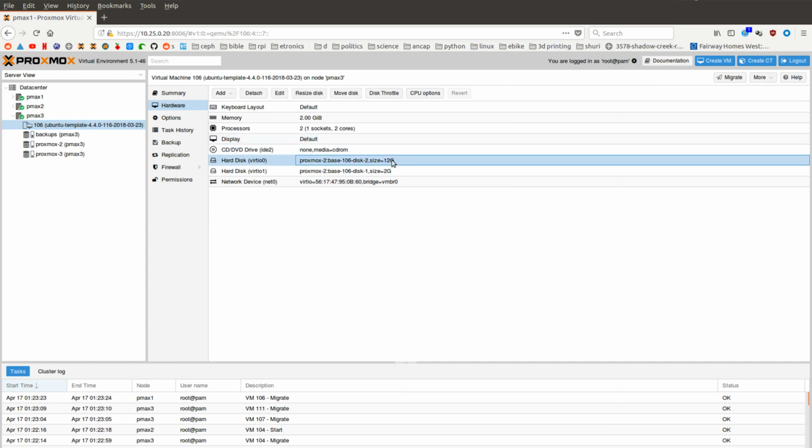So its default is 12. If I increase this disk to 250, there's a script that automatically runs one time when it boots up that will resize the partition on there to be that 250. Okay, but before we even get to that point,